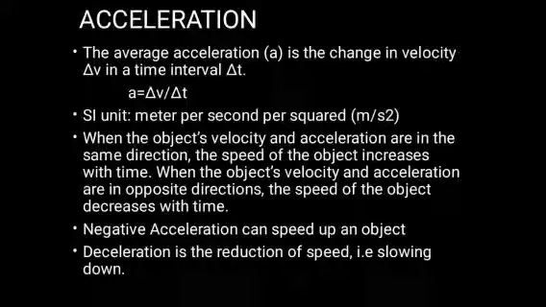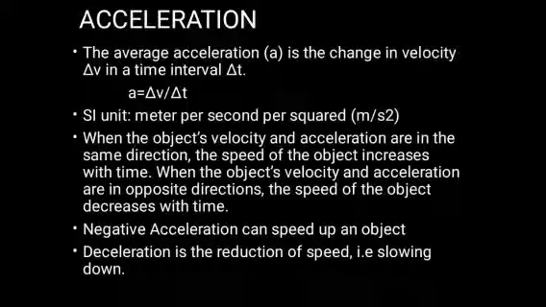Also, if the object's velocity is in the negative direction of the x-axis or y-axis, and the acceleration is also in the negative direction of the x-axis or y-axis, the speed of the object will increase